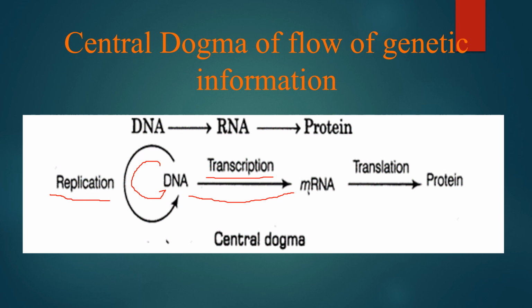The codes present on an mRNA are involved in the synthesis of proteins by a process called translation. In this way, the genetic information situated on the DNA is transferred to RNA, and RNA is involved in the synthesis of proteins. This we call the flow of genetic information from DNA to RNA and